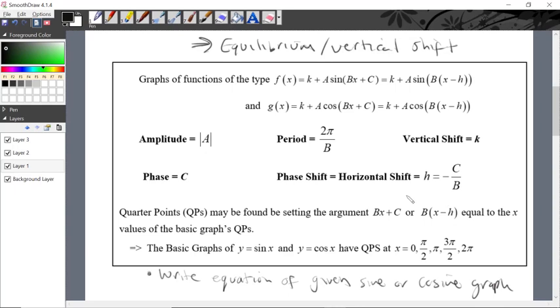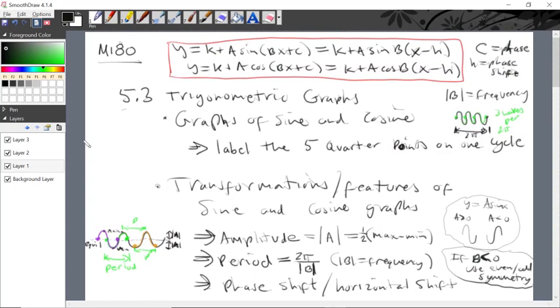I'm going to show you another way in which you can find the phase shift, also called the horizontal shift, however, and it's going to be by using the standard quarter points of a complete cycle, or what I refer to as the quarter points. The quarter points are 5 points that you can find on any complete waveform cycle, one complete period, for a sine or a cosine wave. So I call them quarter points, and the reason there's 5 of them as well, if we refer back to the unit circle,